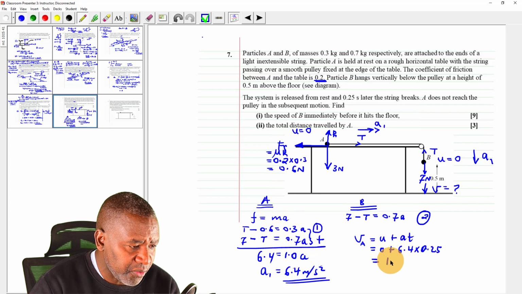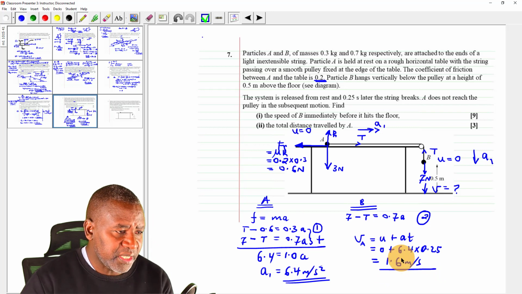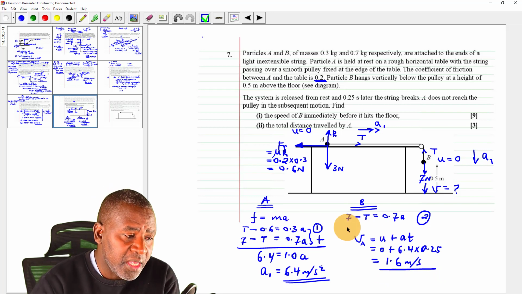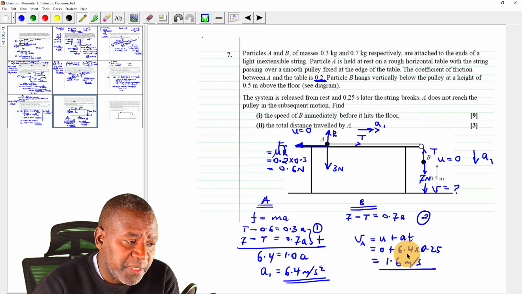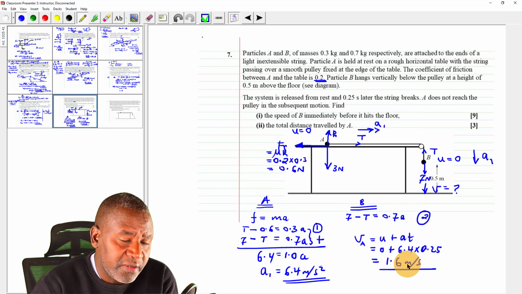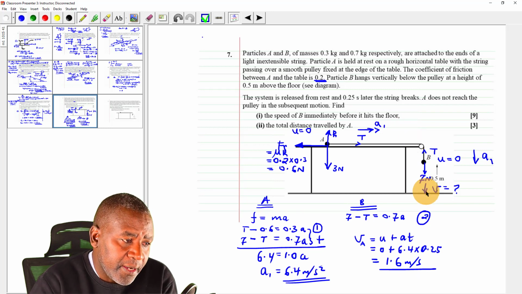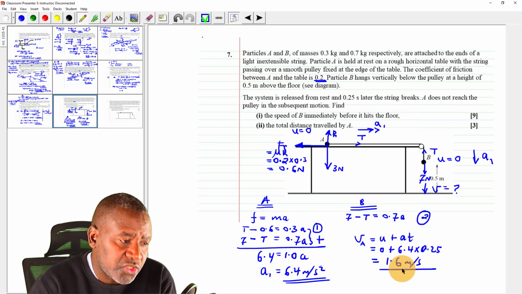That gives me 1.6 meters per second. That means that when the string breaks, B has the same speed vertically downwards. Its acceleration was